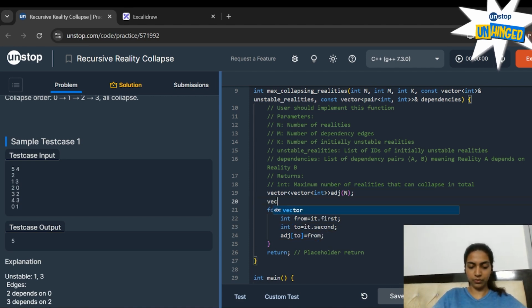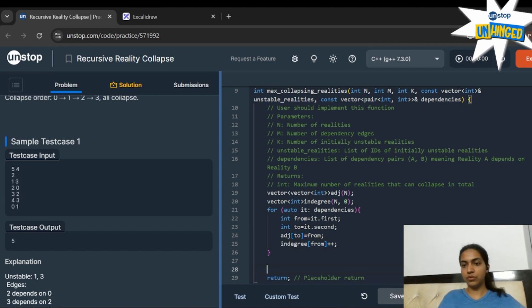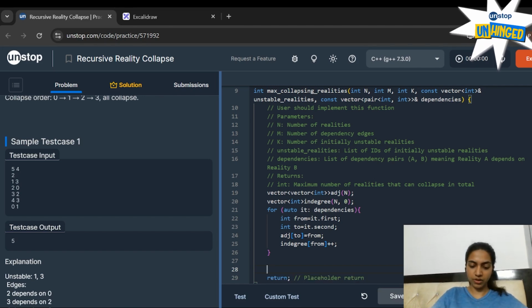So we are going to store it here only. Now we need to store these unstable realities in a more understandable form so that we can use it in a loop in one iteration. So we can store it in a vector of Boolean, unstable.